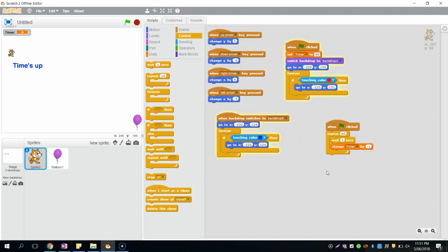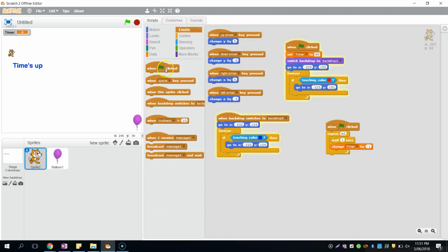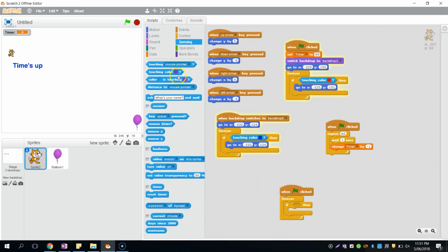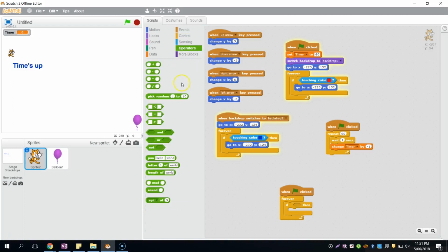Once it's finished, when timer, so I'm going to go when flag is clicked, if, we'll make it forever sense, forever, if it senses, we're going to go this one here, if